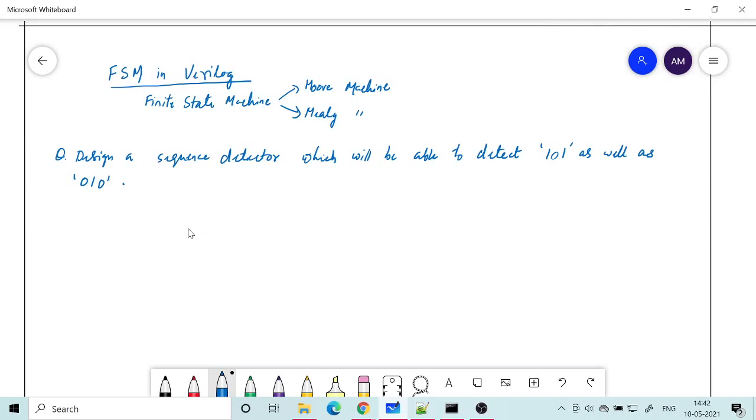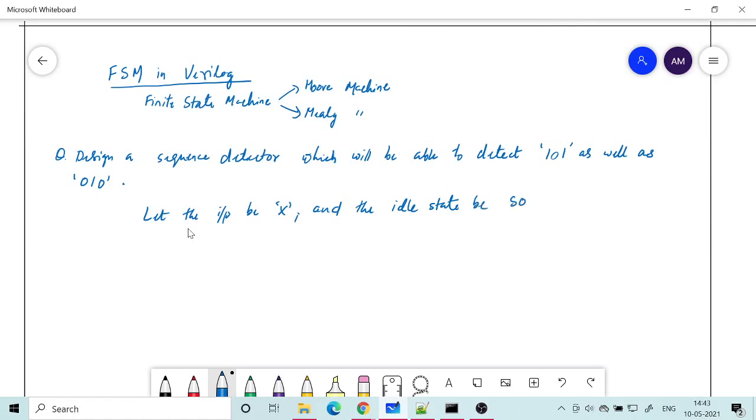Let's assume that the input is X, and the idle state, which corresponds to no detection, I mean nothing has even begun to be detected, be S0.